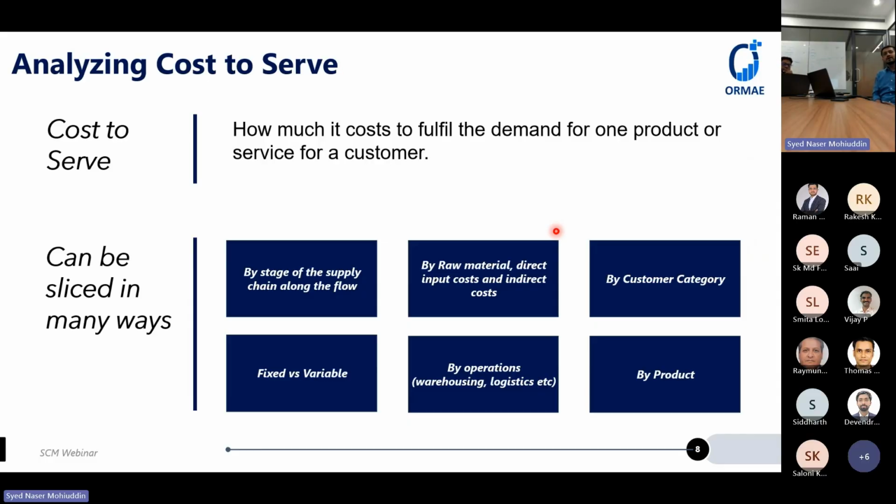So coming back to the last case study in which I have different product categories like coffee, chocolate, or the milk products. In a cost to serve analysis, you would be able to analyze what is my cost to serve of coffee or any of the product categories, and for different customer segments. So I can break down by product, by customer category, by a combination of two, by the operations in terms of the